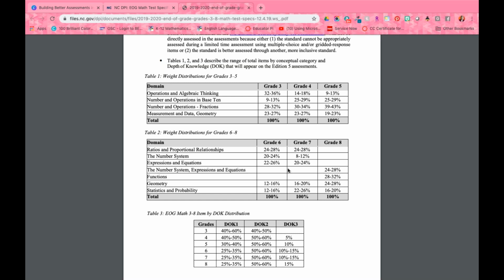So then if I go down here to the EOG Math 3.8 items by depth of knowledge or DOK level, I can see that for 4th grade, 40 to 50% of my items for my students will be at a DOK 1, and then 50 to 60 will be at a DOK 2, and 5% will be at a DOK 3. So if I was thinking about building just a 10 question